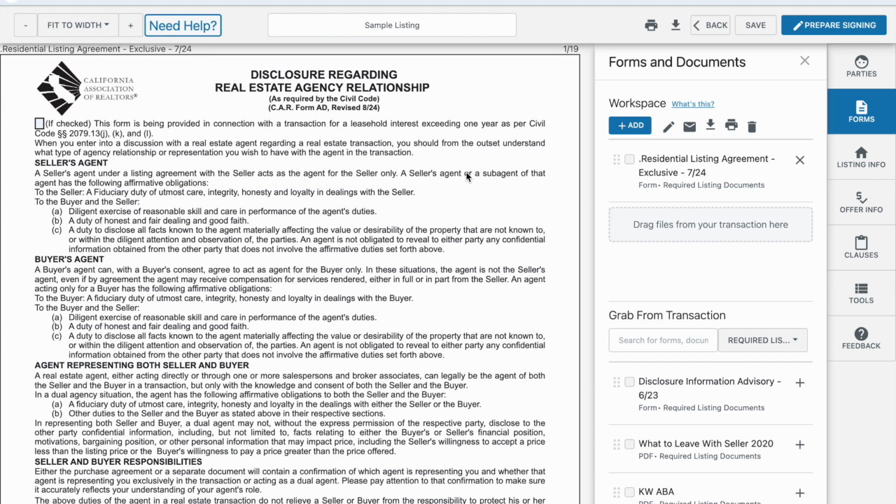So as always in all these forms, when we go on to our zip forms or to DocuSign, you have the bundle of documents. So it's not just the RLA that pops up, it's all of these other documents within this bundle. So the very first thing you see is going to be the agency relationship, the AD. So remember, you're reading through every jot and tittle of these documents. I'm not going to go through every single one. I'm just showing you how to fill these out, but it's your responsibility to understand what you're asking your clients